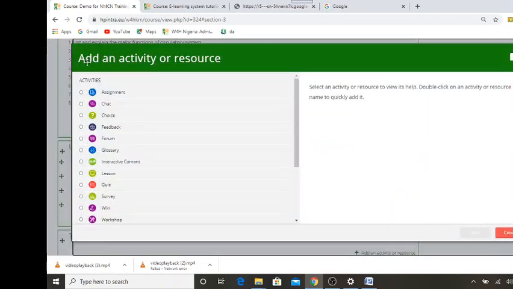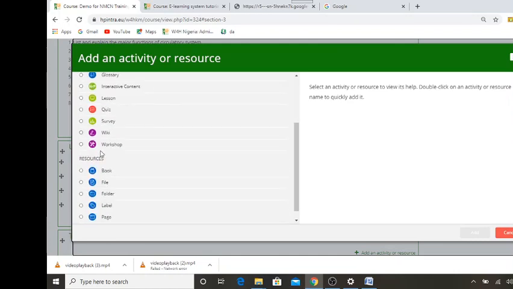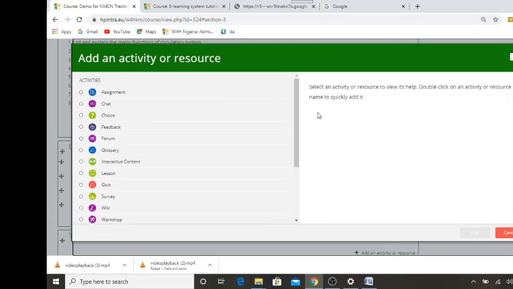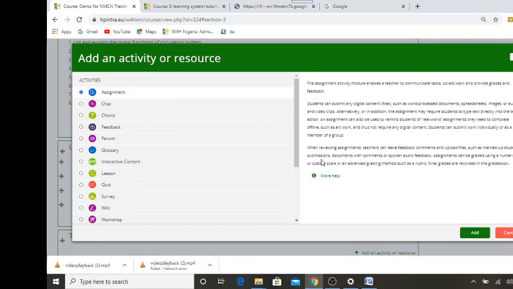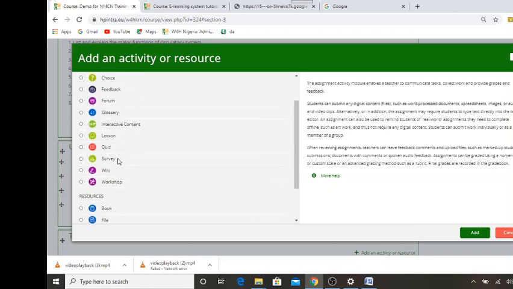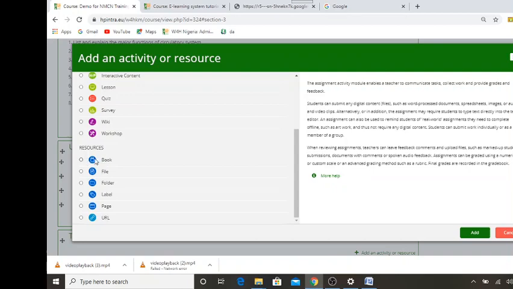So can you see the list of activities? Can you see introduction? Select an activity or resource to view its help. If you click on assignment, for instance, you can see some help, some introduction, some background information about assignment, choice, feedback, and forum. There are many. While if you look at the resources, there is a book. Book is a resource that you can add to your e-learning course. You can add a file. Usually those are documents or information that a student may end up downloading, like a book, a file, a folder, a label, a page, or you can put a URL for students